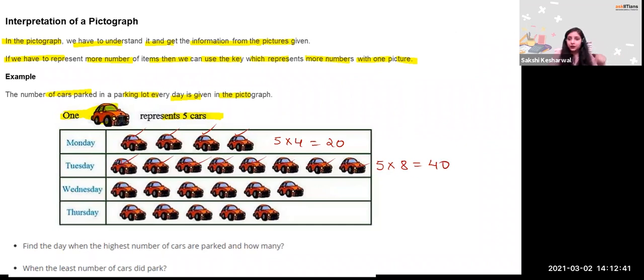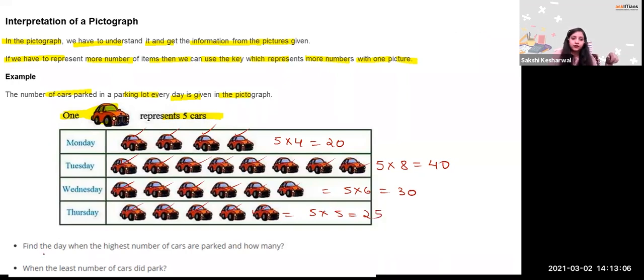Now 40 and 20 are the frequencies of the cars that have been parked on Monday and Tuesday respectively. Now it will have 1, 2, 3, 4, 5, 6. So it is equal to 5 into 6, which is 30, right? So 30 cars, that's the frequency of the cars parked on Wednesday. Now it's 1, 2, 3, 4, 5. So it's 5 into 5, which is equal to 25. So 25 cars will be parked on